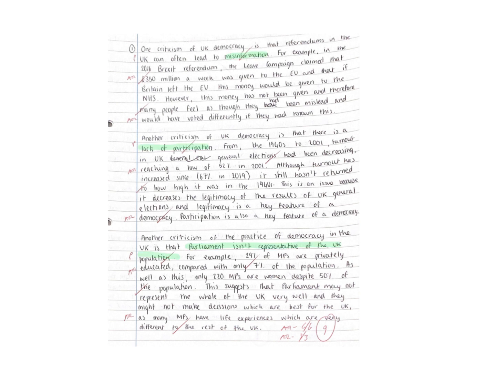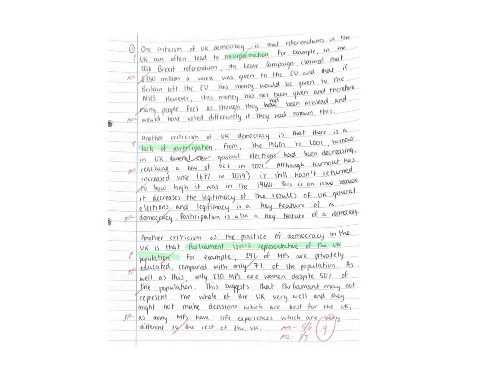Now, what's important in this question, 3 criticisms of democracy in the UK, is to make sure that it doesn't become an elections answer and it's not 3 criticisms of first past the post. First past the post can be a criticism of UK democracy, but the question is wider than that.